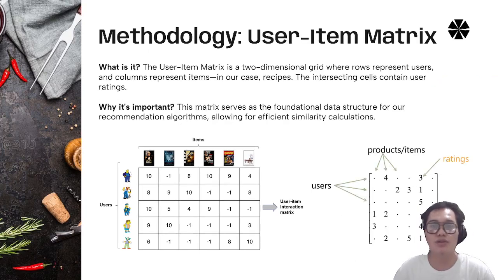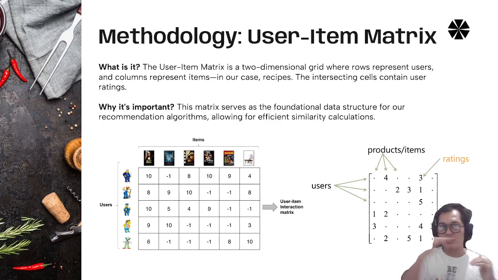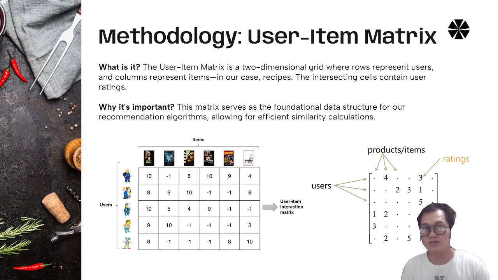And if you want to know more about the user item matrix, what is it? The user item matrix is a two-dimensional grid where rows represent the users and the columns represent the items, in our case, recipes. Intersecting cells contain user ratings. And why is it important? The matrix serves as the foundational data structure for our recommendation algorithm, allowing for efficient similarity